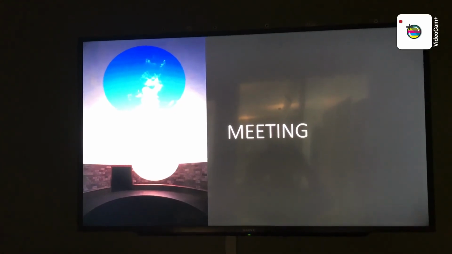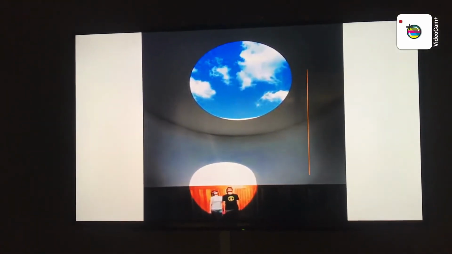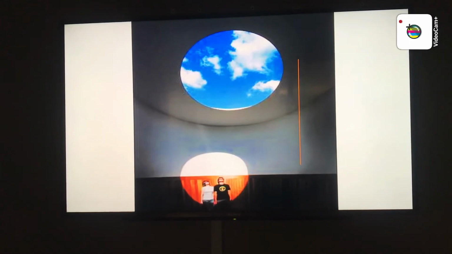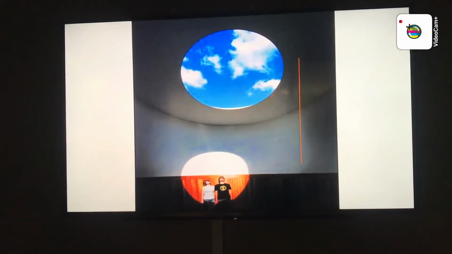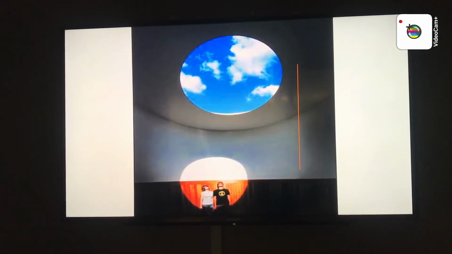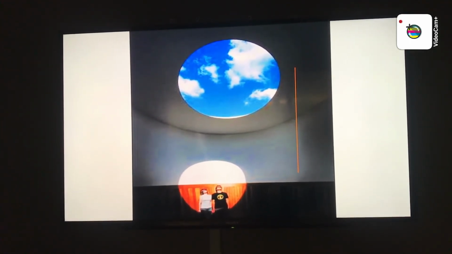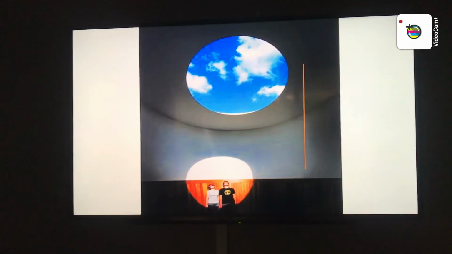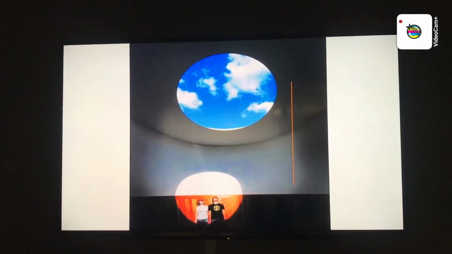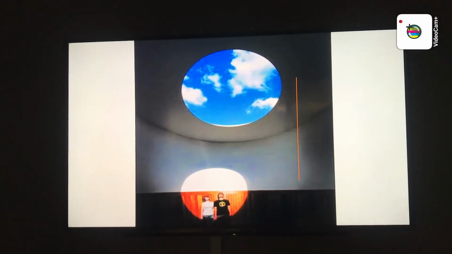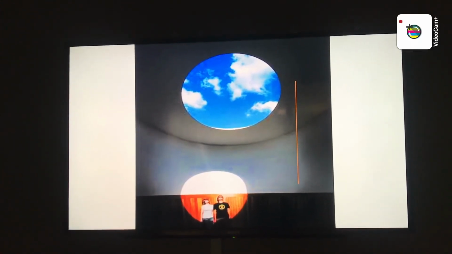But what it actually is, he simply cut a hole known as an oculus in the ceiling and invited viewers to sit and enjoy it. At sunrise and sunset, the color of the sky changes the tint of the walls of the room, and so the experience through the passage of the day is referred to as a naked eye observatory.